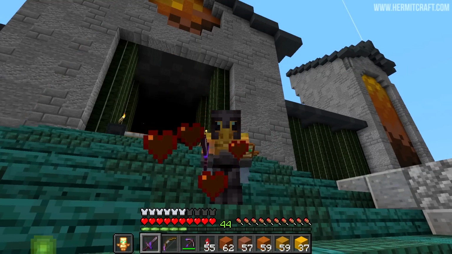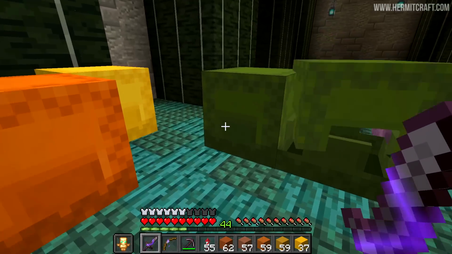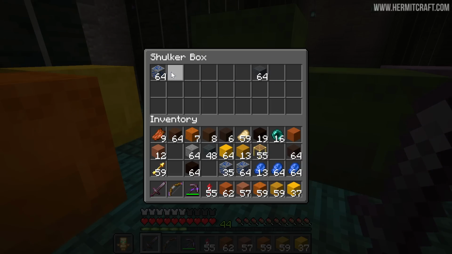Oh, look at that. Pro skills. We are going to introduce yet another block to the build palette. And that, my friends, is going to be Lapis Blocks. But as you can see right here, this is all the Lapis I got. This is all the ore. I think this is going to be enough